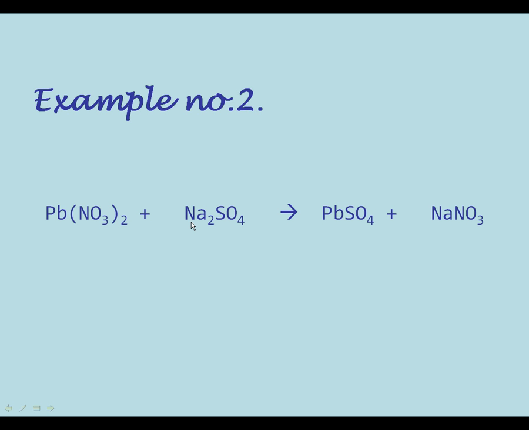Let's have a look at another example. In this example, we have a compound here on the left, which is called lead nitrate, reacting with sodium sulfate to produce lead sulfate and sodium nitrate. Now, when we look at the equation again, we can see that there are certain atoms that are not balanced. Yes, there's 1 lead on the left and 1 lead on the right, but within the brackets here and the 2 outside the brackets means that everything in the brackets has been multiplied by 2. So that means there are 2 nitrogens